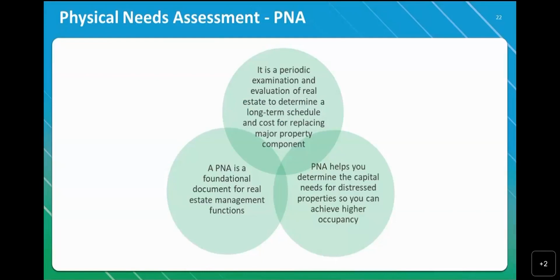And the way you do that is with the physical needs assessment. Your routine maintenance plan should not be a surprise to you to know that you have major systems expiring and they need replacement. So you can use the other tool, physical needs assessment, to get your whole inventory information